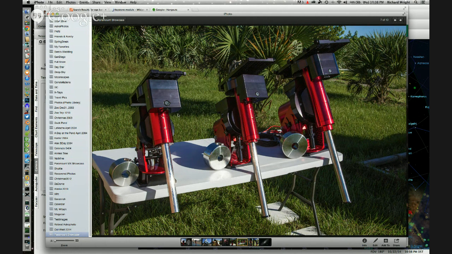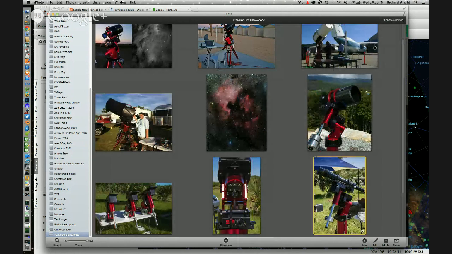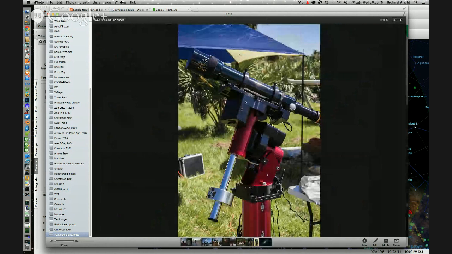It's ideal for small payloads. If you have a small scope and you want to use the Paramount workflow, which we're going to talk about, this is more ideal. This is a 10-pound counterweight here on the bottom. And when I used to put this on my Takahashi, I've got a small Takahashi